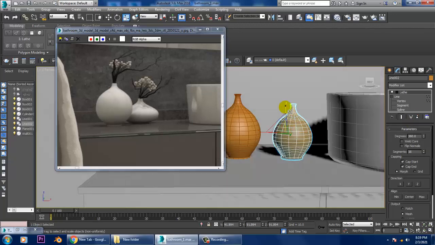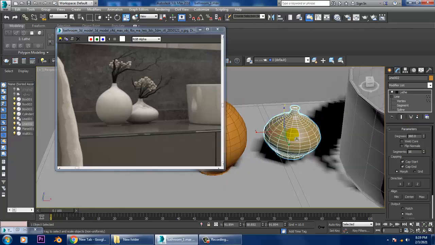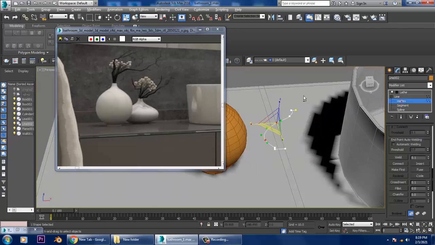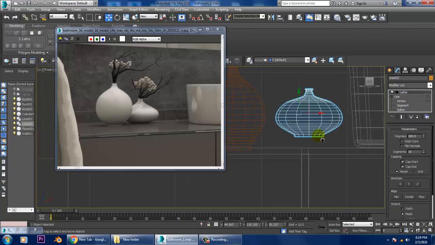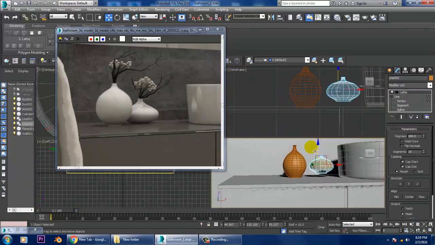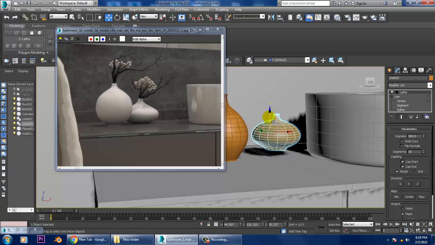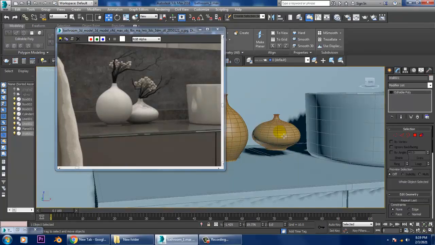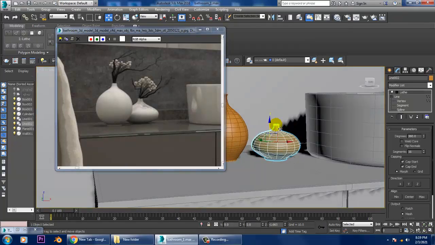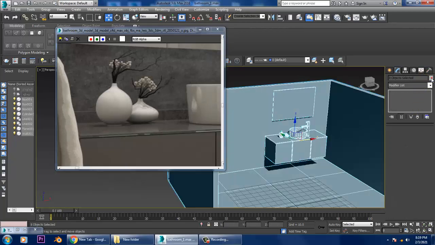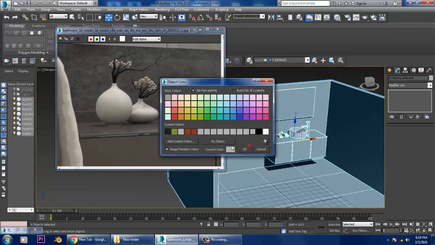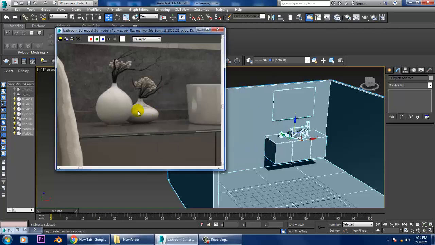You can go into the vertices and give a lathe and a stretch over here. So you can just stretch this, or else you can slightly scale it from your side, or go into the vertices and slightly push it more out over here. So we can create such a shape and slightly push it down in this way. Once you're done, you can select this and give a color to it.